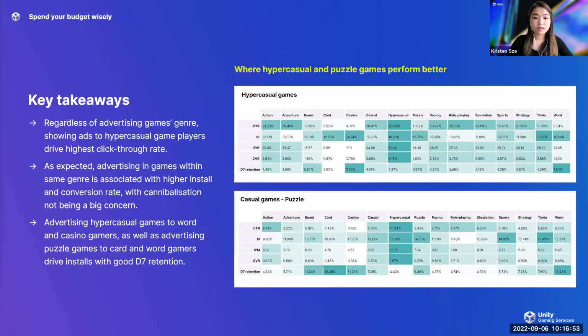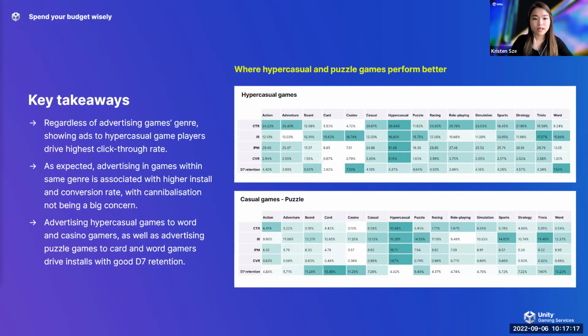This is probably because hyper-casual game players are more laid back when they're playing the games, and hyper-casual games have both opt-in and non-opt-in ad formats. Hyper-casual gamers hence don't just rush through the ad in order to claim the in-game reward and progress to the next level.